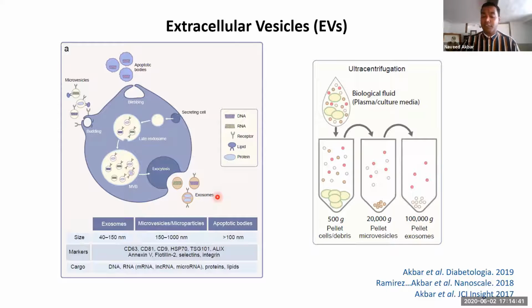But you can isolate extracellular vesicles from biological fluids using ultracentrifugation, where initially you will pellet down cells and debris. Using increasing centrifugal force, you can pellet down microvesicles, and then using more force, you can pull down exosomes. The data I'll share with you today is a combined mixed population of so-called microvesicles and exosomes, but I'll call these EVs. The isolated EVs were washed in PBS following isolation, and I'll cover the characterization as we progress